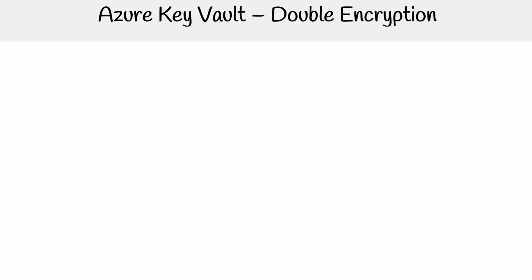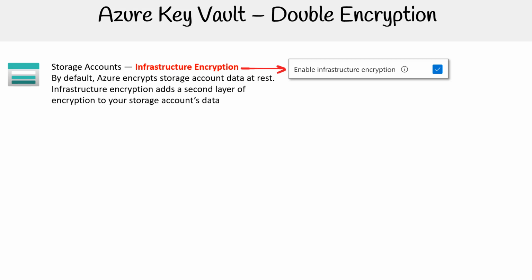All right, let's talk about double encryption. If we're talking about storage accounts, there is this option called infrastructure encryption. If we checkbox that on, this encrypts storage account data at rest. Infrastructure encryption adds a second layer of encryption to your storage account's data. We just said that in the last lecture, but I'm just trying to cement that this is for storage